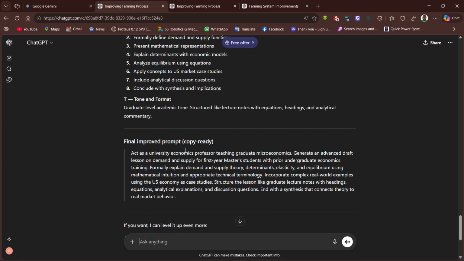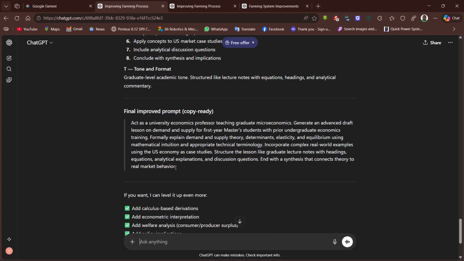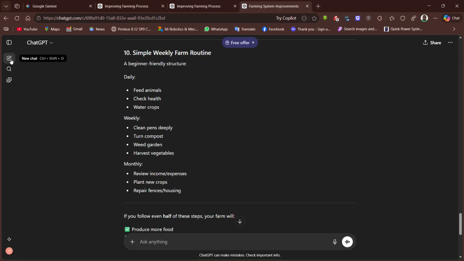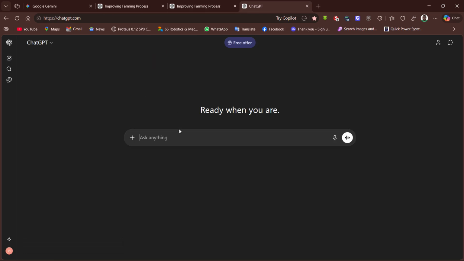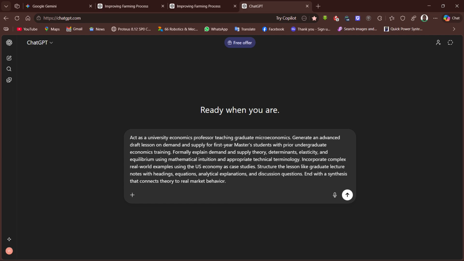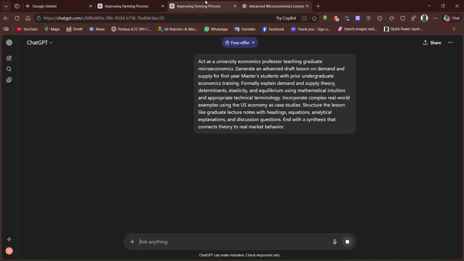Now we are going to compare these two prompts, look at the results we are going to get with these two prompts. Let's start with this one. We copy it, we come over here, and then we start a new chat with the AI. We paste this here, and then let's look at what we are going to get.